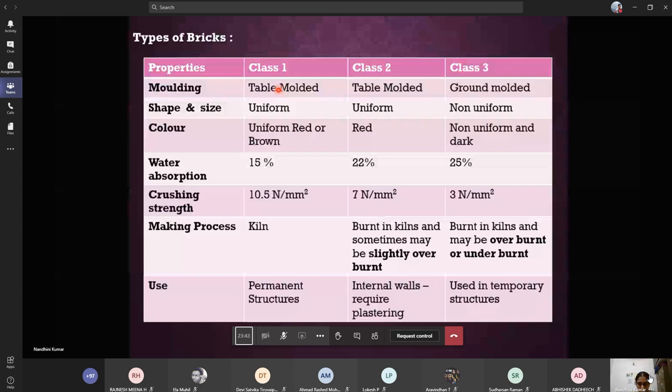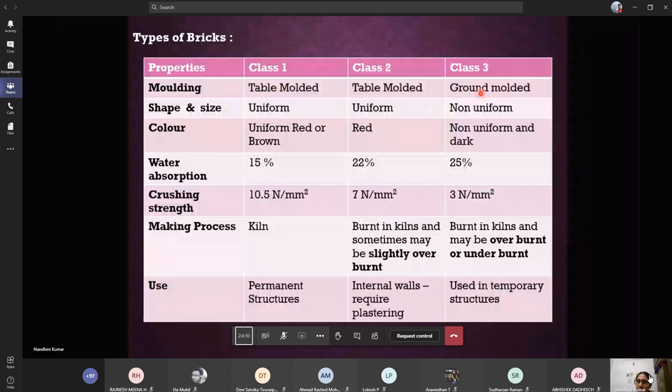They'll prepare the clay and arrange it on a plate. You have the press, called the template or the mold. They just press it, and this comes on a table. So everything will be of mold type. You just put the clay there, press it, and you get your clay ready. That is table mold.